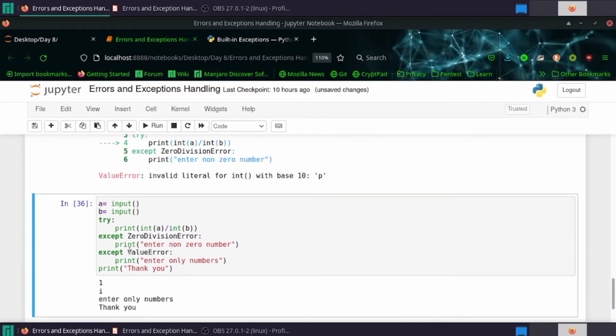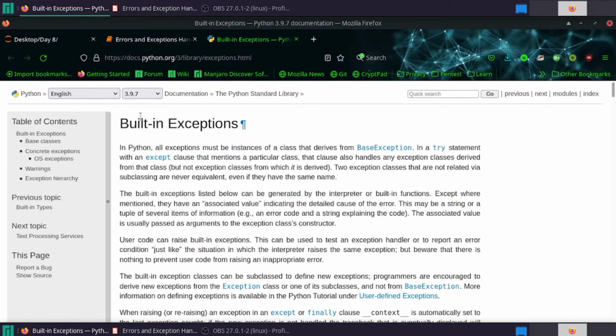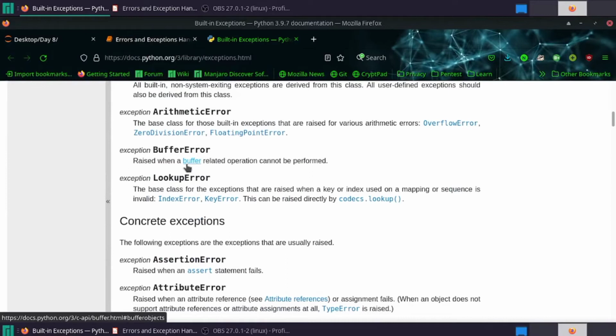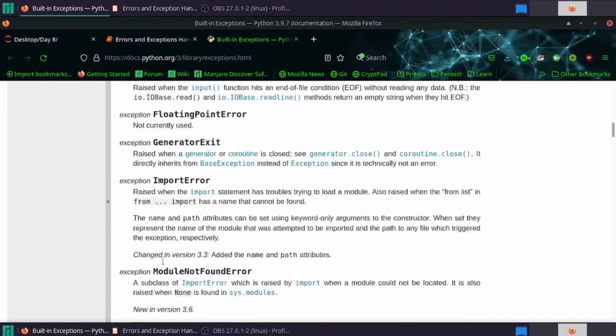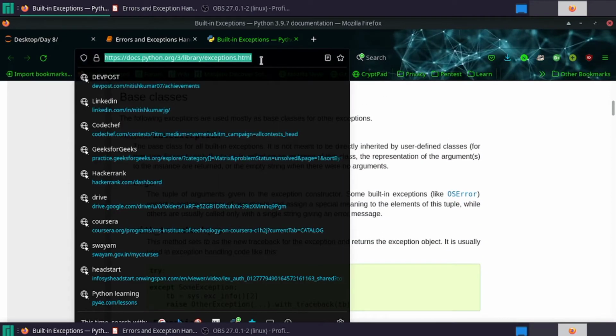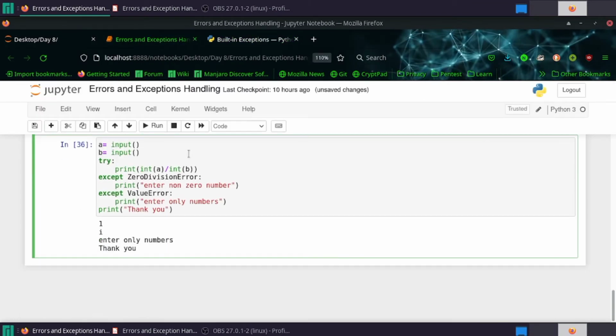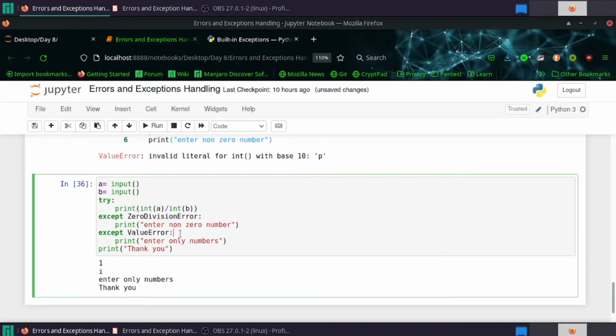So these are the errors. There are many different errors, and all the errors are listed here. I'll put this link in the description, and you can go from there. So think, if there is another error, then again it will get stuck there. To make it universal, so that if there is another error it should also be handled,